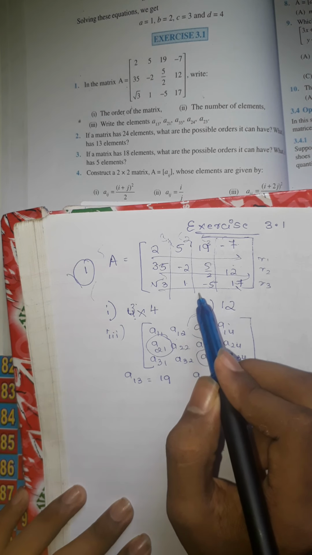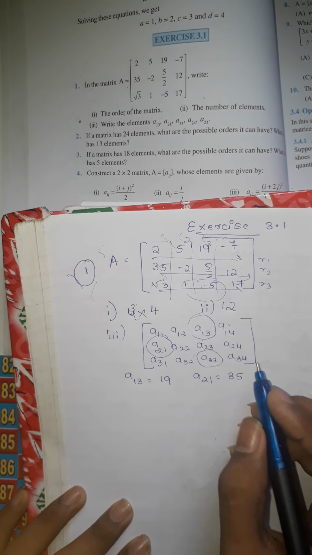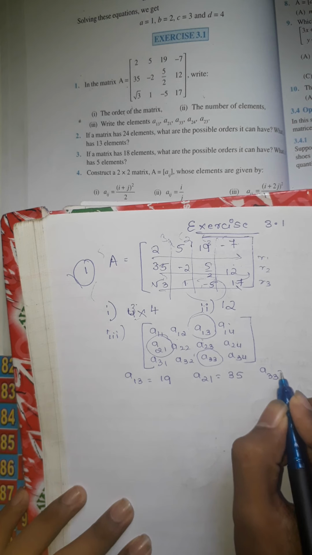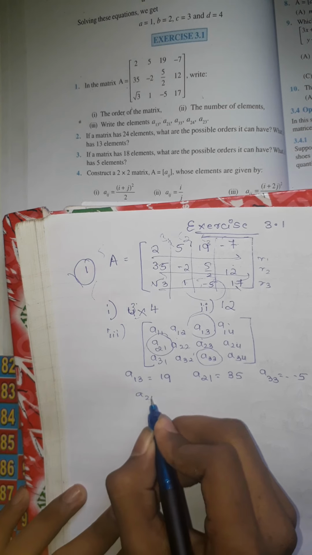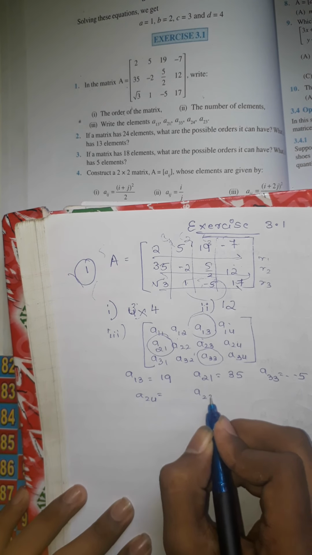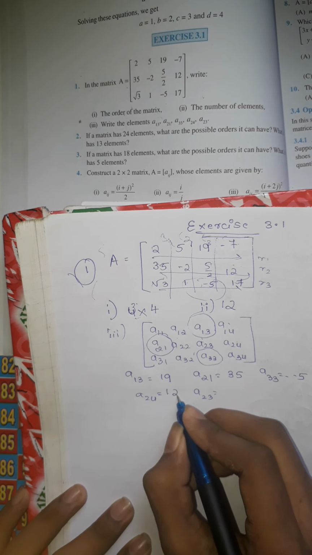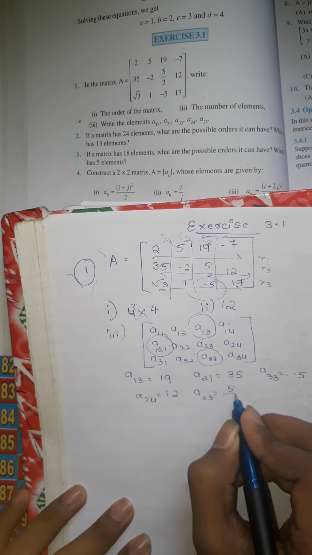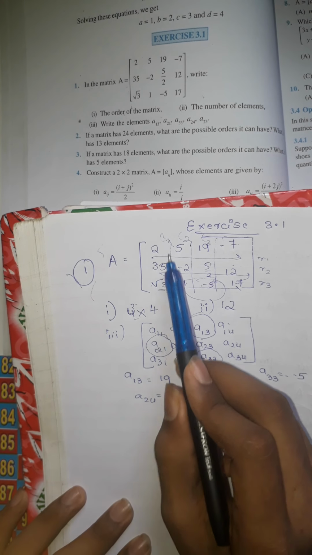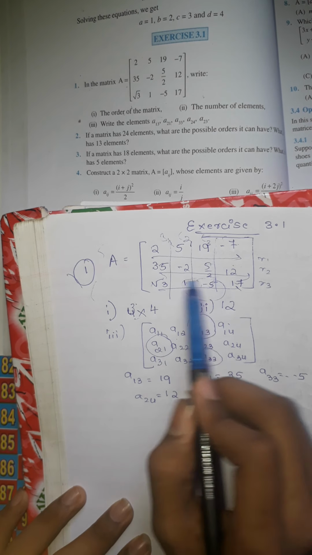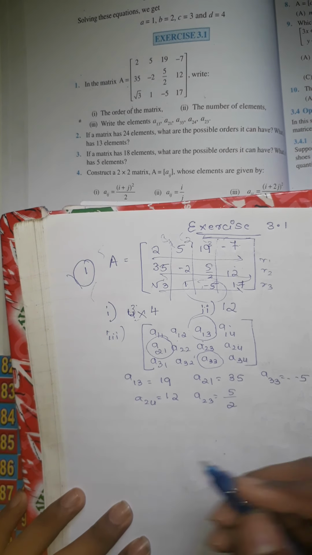In the examination, it is a waste of time to stop and work this out; you should go very fast, you must know this. A33 is minus 5. And the last question, A24 and A23. A24 is 12 and A23 is 5 by 2. So these are the values. You must know it fast. Now A32 they have asked means 3 is the third row, and second column. This is 1. You should understand this first. Just practice with more questions.